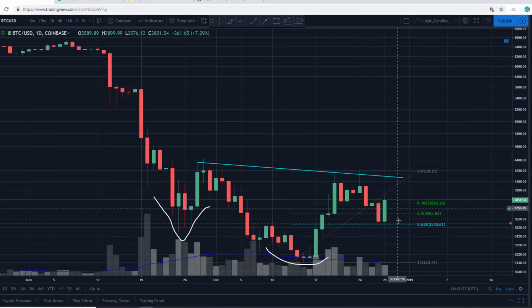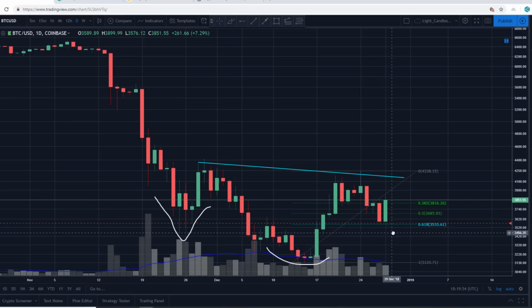So you can have some choppy action here. That's okay. You can see that back here, right? You had basically 3 or 4 days of very choppy action that created that left shoulder. That could certainly happen here. You can have a bigger pullback here and some sideways action for another day or two, and then maybe the blast higher after that. But you don't want to see this level violated at this point,